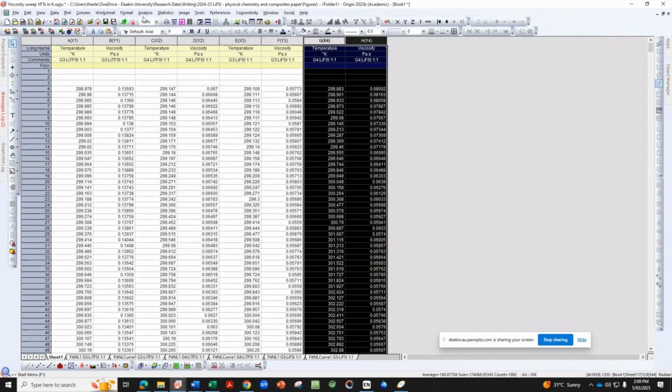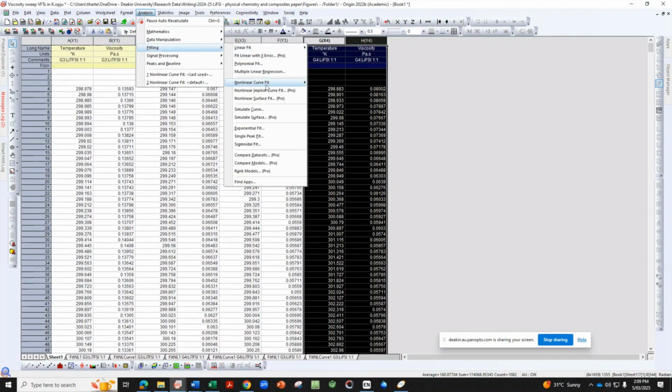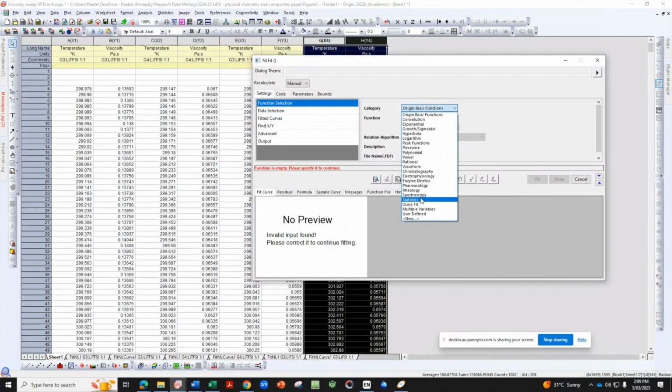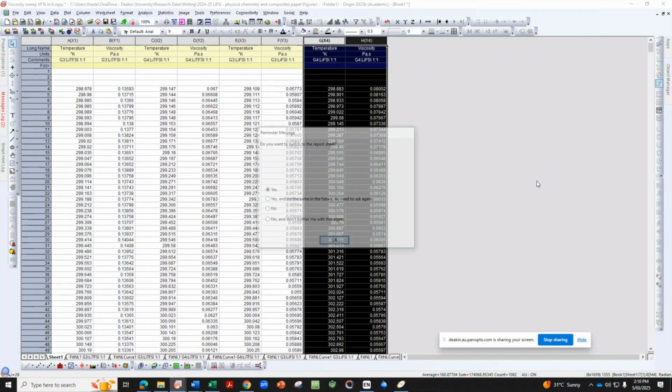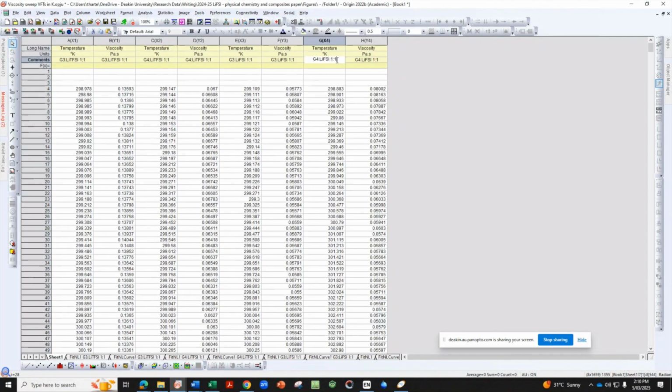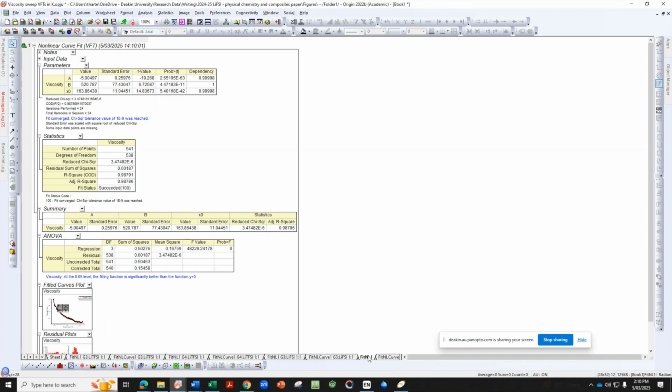You can see this doesn't really take very long once you've got everything set up and in the right place. And we'll just label this final sample.